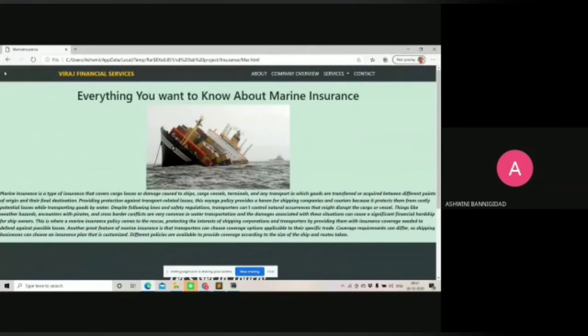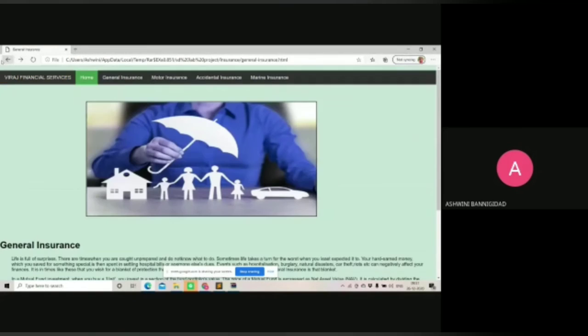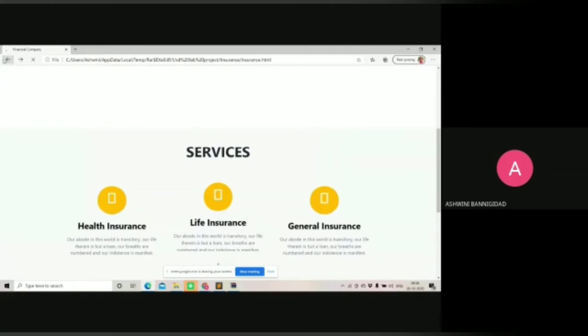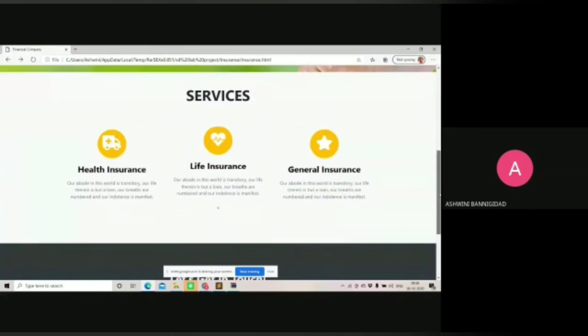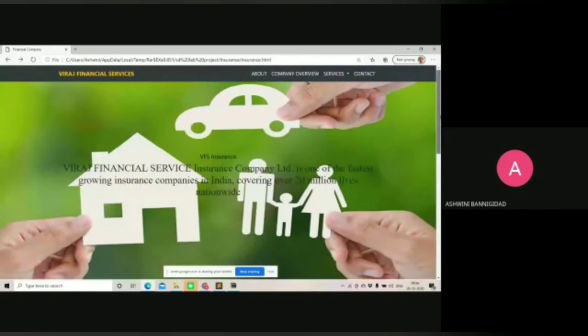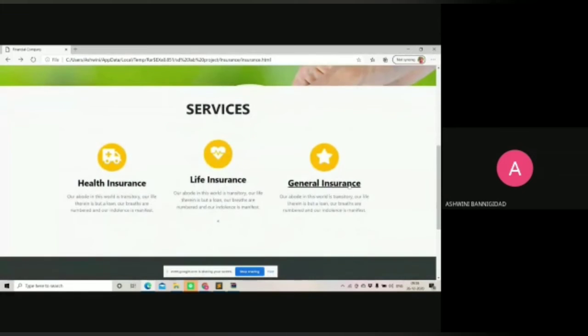This is all about the general insurance page. We have provided the information. We have created these pages, and we have linked them in the general page in the main page of insurance. In this main page of insurance, we have given the link for all three types of insurances.